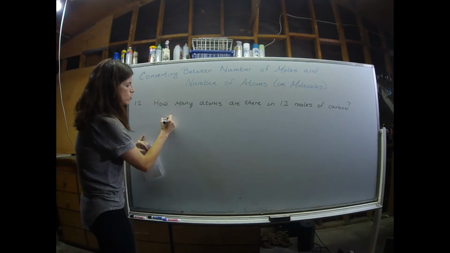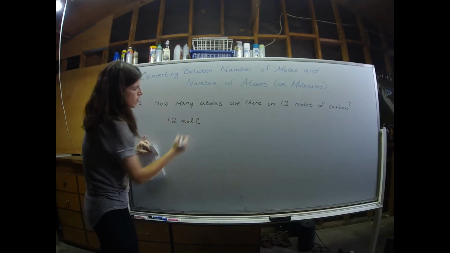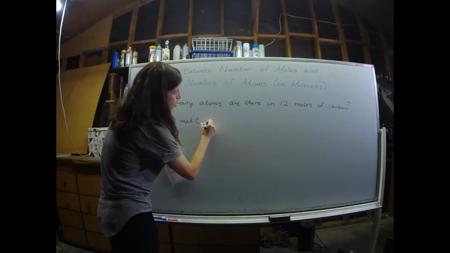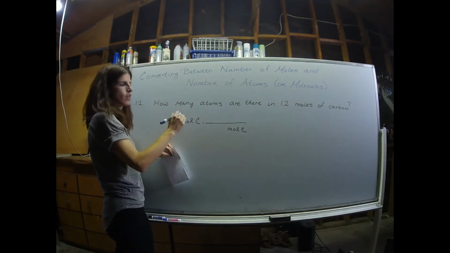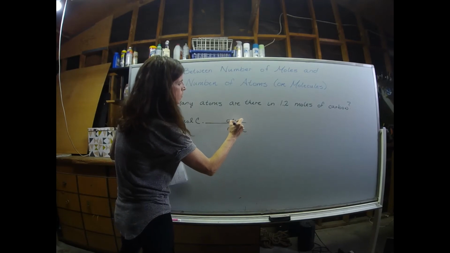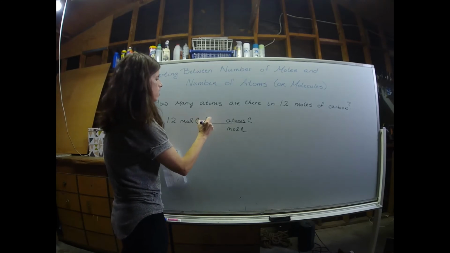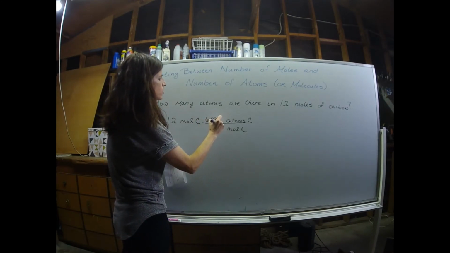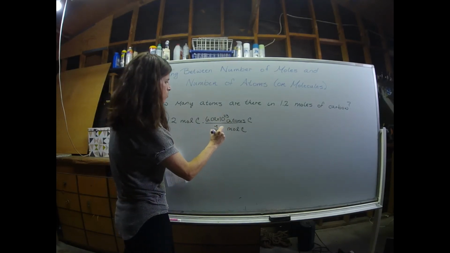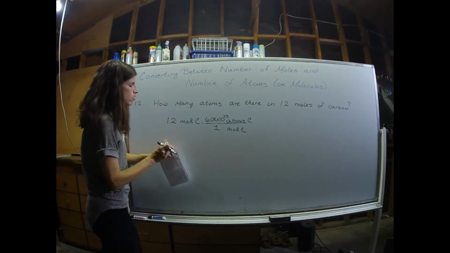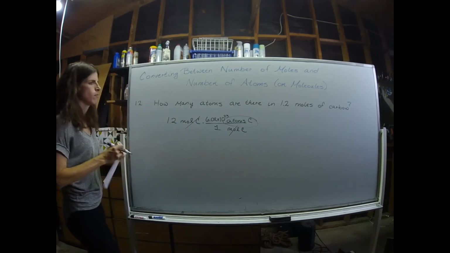Starting with the 1.2 moles of carbon, in my conversion factor, moles of carbon will be in the denominator. That way it will cancel out, and I'm going to have atoms of carbon, or carbon atoms. The order there doesn't matter. So Avogadro's number, 6.02 times 10 to the 23rd atoms of carbon in 1 mole of carbon. This cancels, leaving me with atoms of carbon,